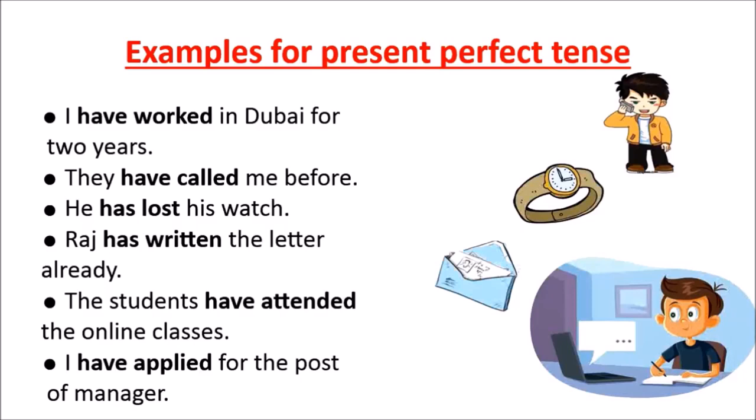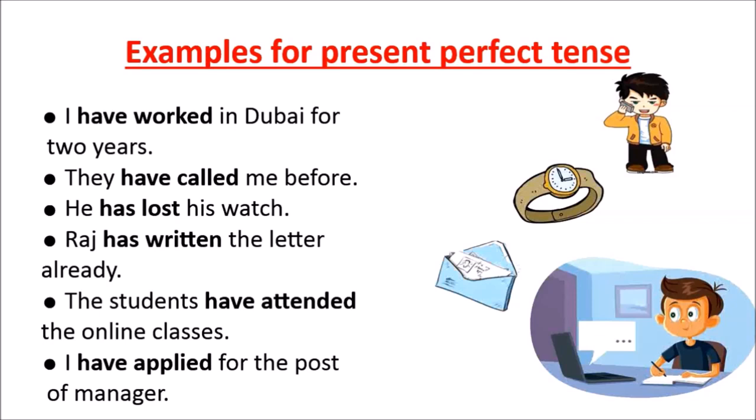Understand? So look at the next sentence. They have called me before. So they have called me before here refers to something or the action that happened in the past but not with a definite time. Before is not a definite time. We cannot tell whether it may be a morning or an afternoon or in the evening. So we cannot surely tell in which time the action has occurred. That's why it is said as indefinite. Okay, that's why the sentence is having have. They have called me before. So look at the next example.